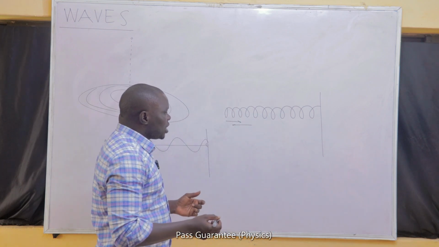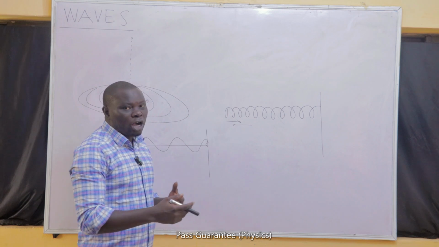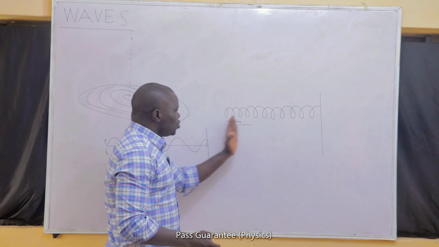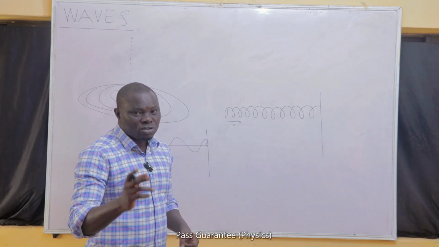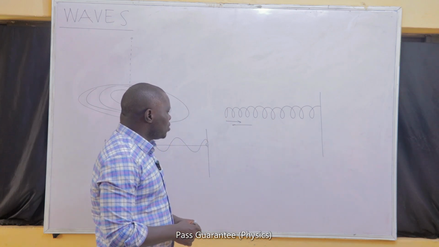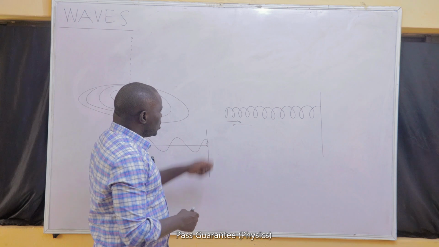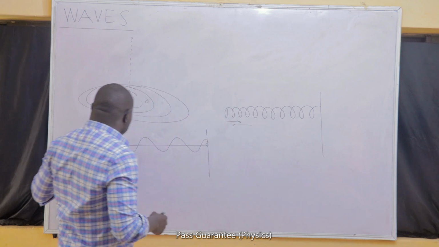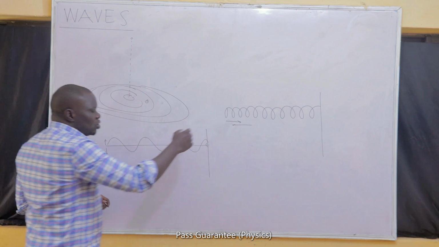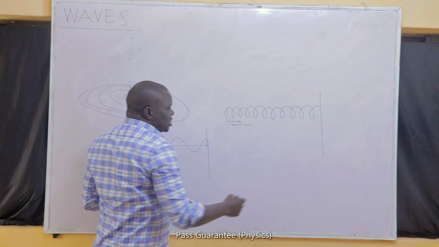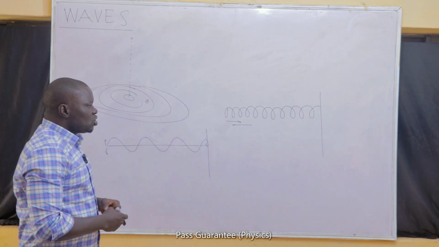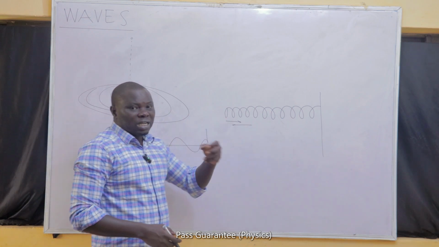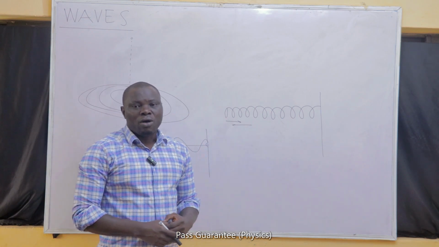There are two different waves that can be generated on the spring depending on how you choose to vibrate it. If you decide to move it in and out, you will see a particular pattern. We are still going to come to that when we get to the types of waves. When you decide to agitate it vertically, the same thing that you did with the rope, you are also going to have another pattern of wave that is traveling across the spring. So wave on water, wave on a rope, wave on a string, sound wave are all examples of wave.